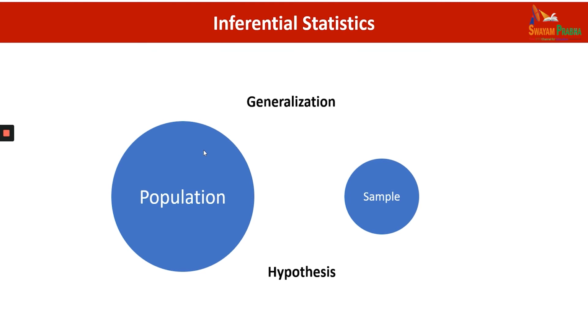Now, whatever tool from the statistics I will use to test the hypothesis, that tool will be called as a part of inferential statistics. I hope you might have heard about the names like chi-square test, t-test, paired t-test, and sometimes we use the ANOVA test. So all these tests are part of the inferential statistics, and purpose of these statistics is to test the hypothesis ultimately so that we can generalize our result to the population.